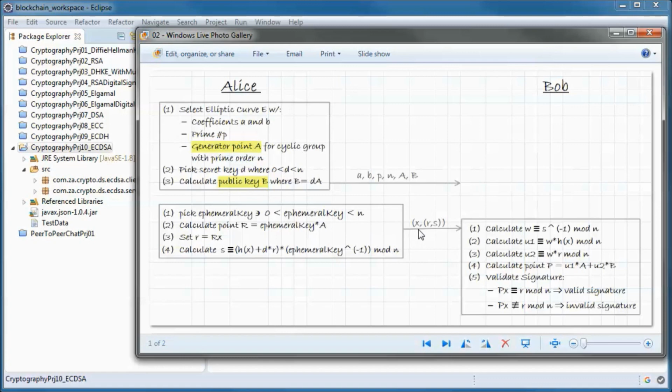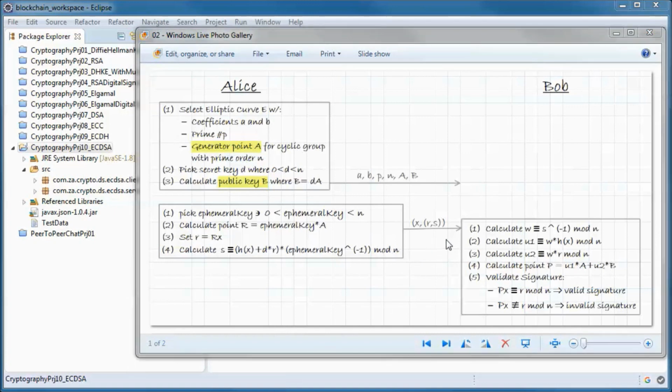And she sends the message x and r and s to Bob, so the signed message.